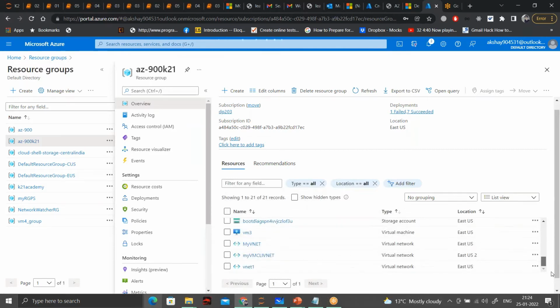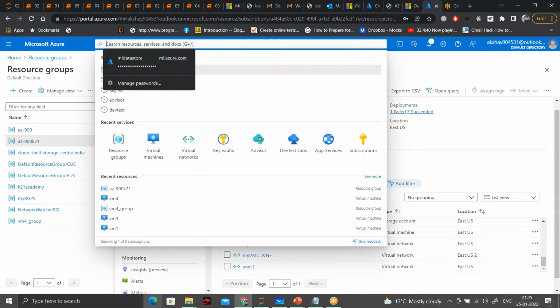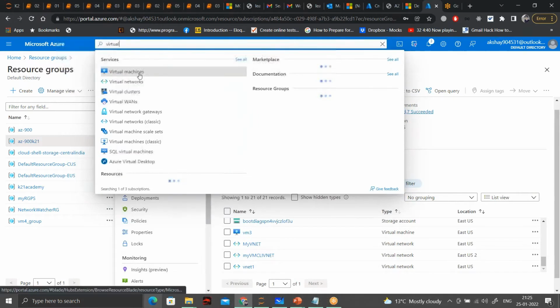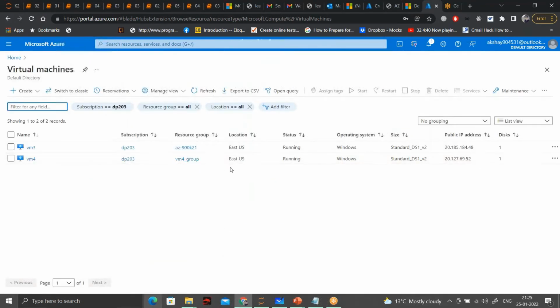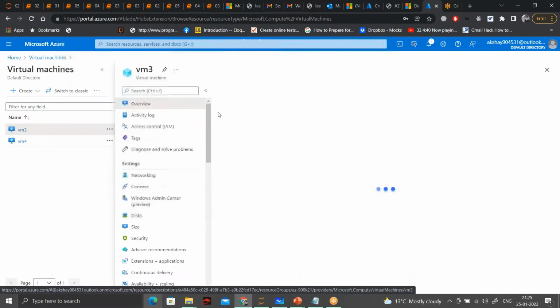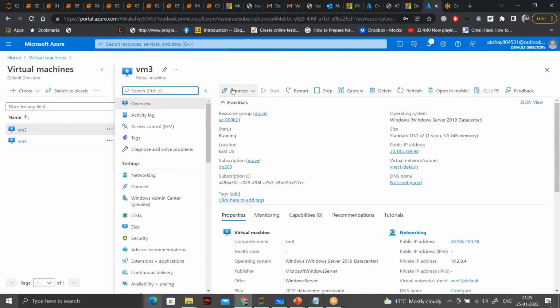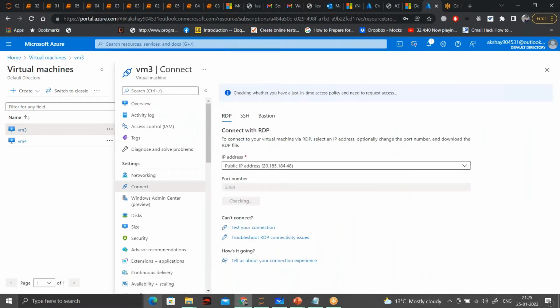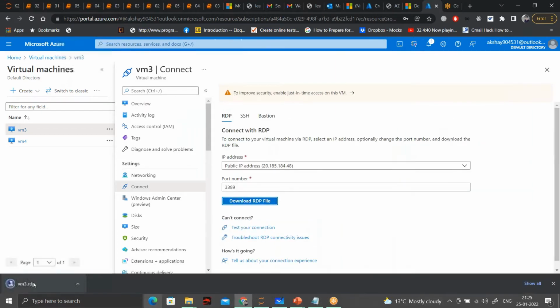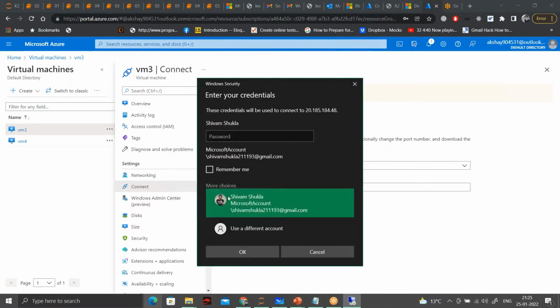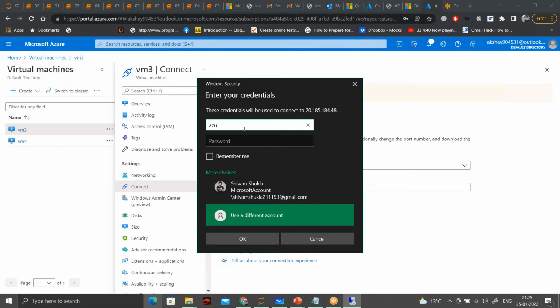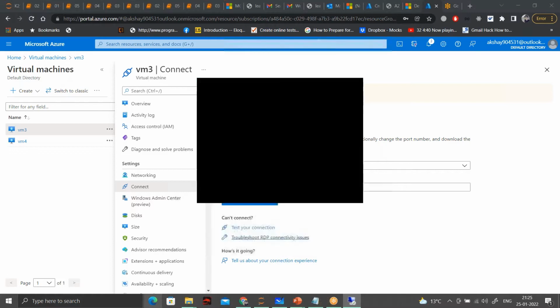Okay, I think I created the other virtual machine in some other resource group. I'll download the RDP file. Now I'll go inside the virtual machine. Yeah, this is the same password.